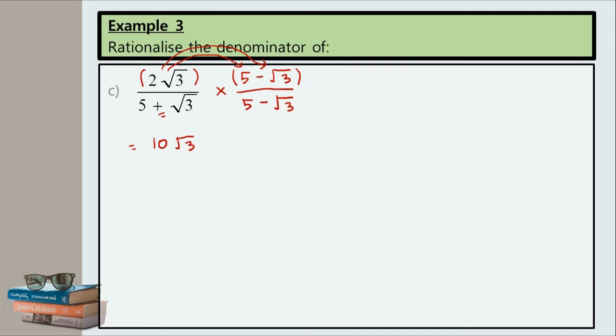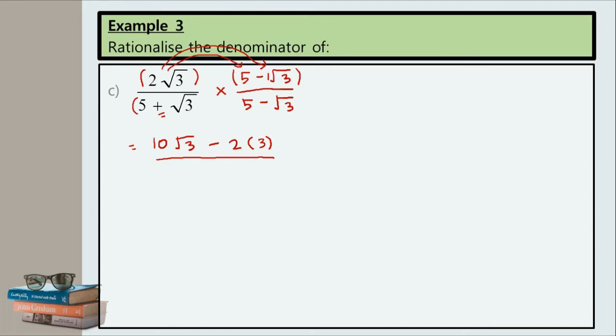So 2 surd 3 times dengan negative surd 3, 2 times 1 plus minus, so minus 2 times 1, 2, surd 3 times surd 3. Surd 3 darab surd 3, so tinggal 3. So over